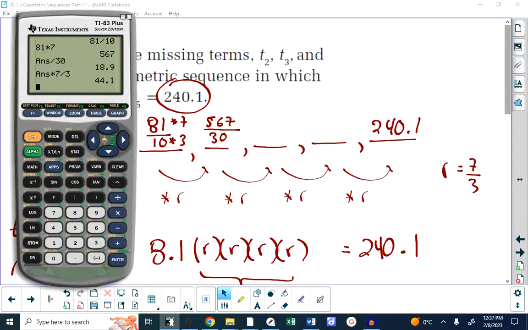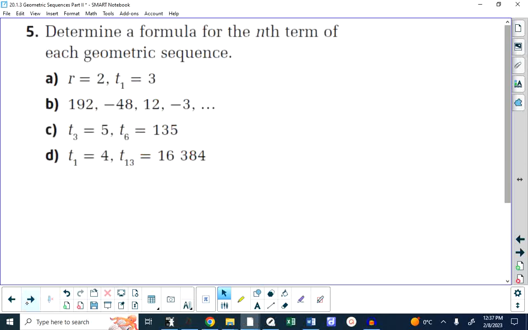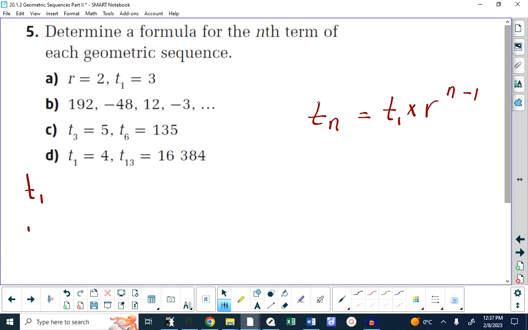Okay, let's look at number 5. Determine a formula for the nth term. All you have to do here is identify the first term and the common ratio and put it into your general formula. So if I say to you, what is the nth term, and this is the general formula, your two parameters that define a geometric sequence are these two things. So whatever we get,